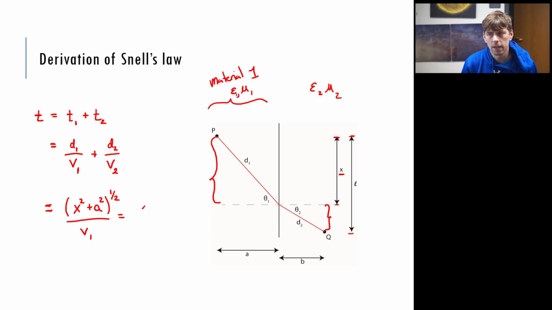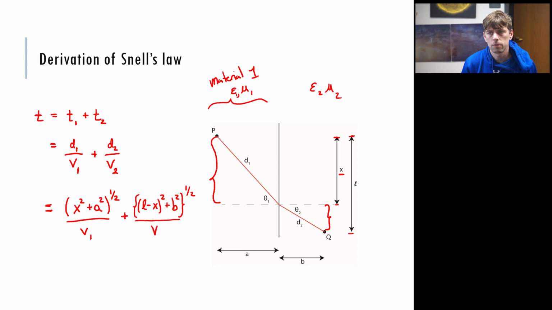So at the end of the day, I have a vertical displacement of L minus x, squared, plus b squared, the whole quantity square rooted,